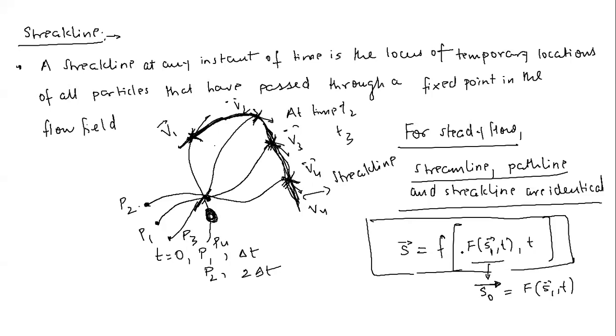So with this, let me finish, and just go home and think about these things: the streamline, path line, and streak line, how are they becoming identical for a steady flow? The only thing you have to think about is that for a steady flow, the Eulerian and Lagrangian versions are the same. So if they are the same, automatically these three things become similar. Because the streak line is also an outcome of the Lagrangian approach, since we are seeing the motion of particles that have crossed through a fixed point O. The only criterion I have put here is that all these particles should cross this fixed point O.